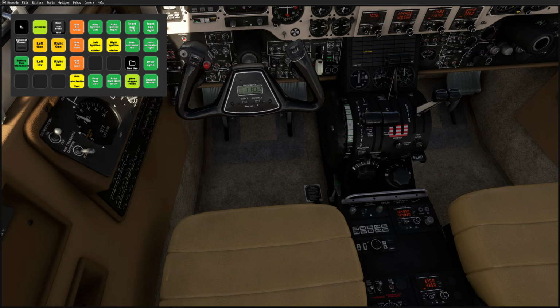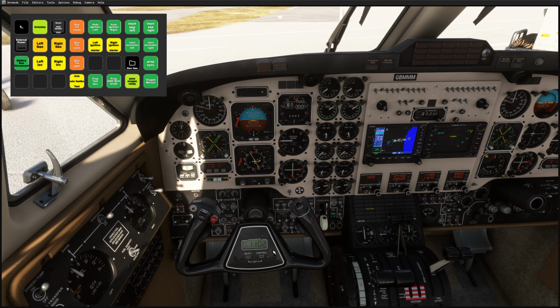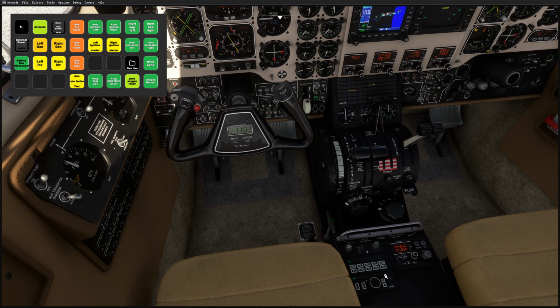And we're now going to engage the yaw damper. And we can see that that's lit up here, and it also should be illuminated on here, so that's working fine. And now we're again going to cycle the rudder boost and look for an annunciator on here, and that's working correctly. Okay,